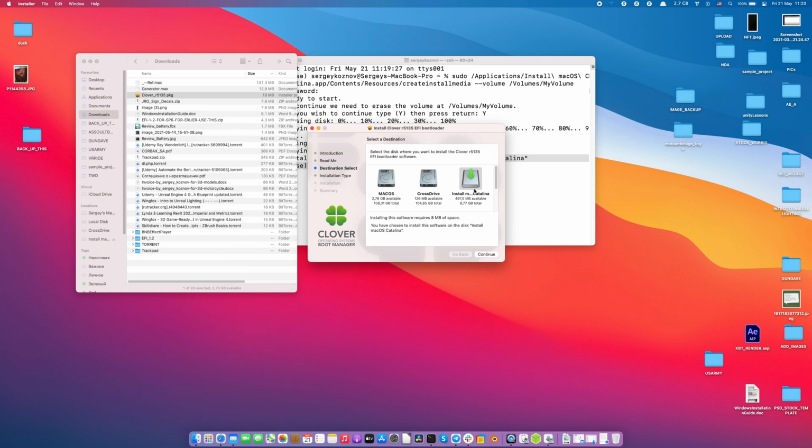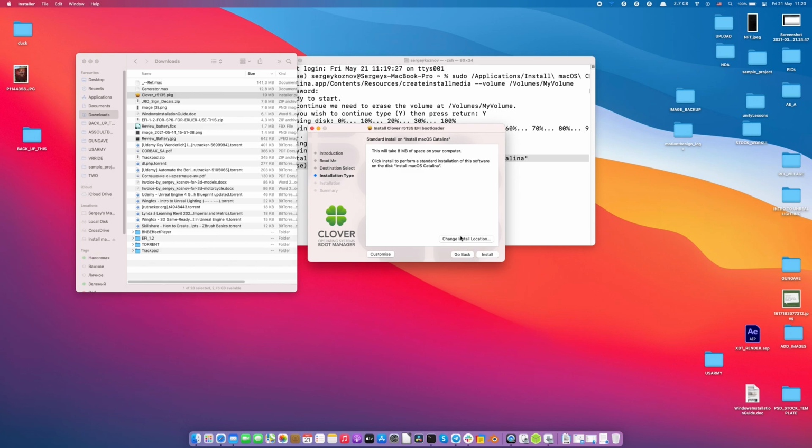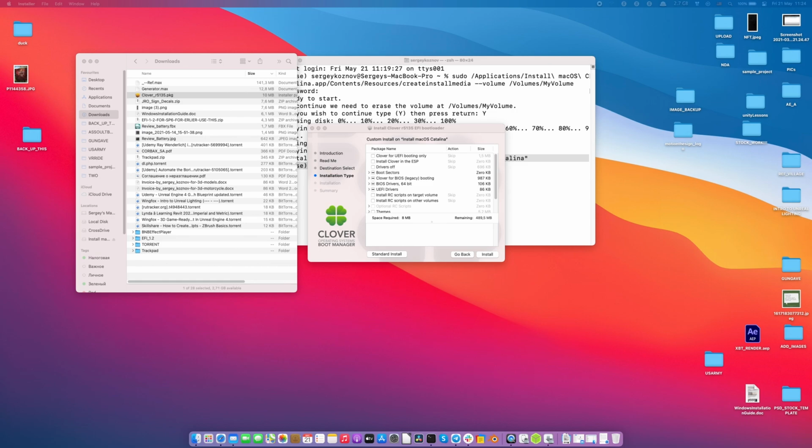Make sure you select your USB drive. Okay, not something else, and then customize. And one thing is, check Clover UEFI bootable. Okay, don't forget to check it. This is a pretty simple process. I mean, one step at a time. It's not that hard, but make sure you